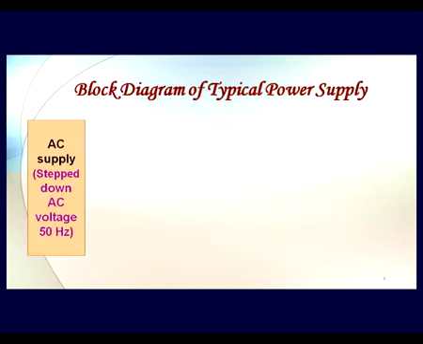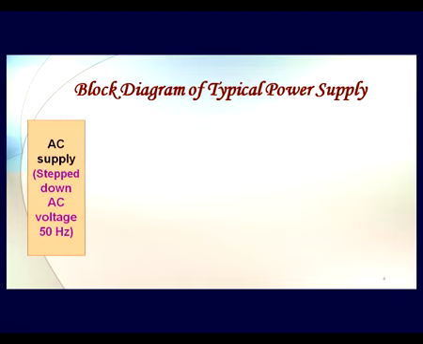So here diagrammatically I am showing step by step that we have an AC supply which is of 50 Hertz frequency, that we first step down. Let us consider that we have a requirement where we need a voltage which is lesser than 230 volts. For example, let us take our battery charger or a cell phone charger, which typically requires 5 volt DC. Then we have to first step down that 230 volts AC to a level which is comparable to 5 volts, something like say 10 volts.